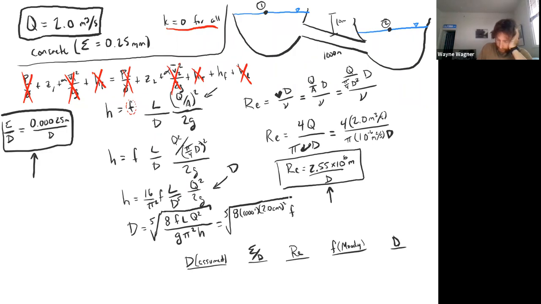And put the F out front. Divided by 9.81 meters per second squared, pi squared, and then the H was 10 meters. Okay, so that's going to be the fifth root of,